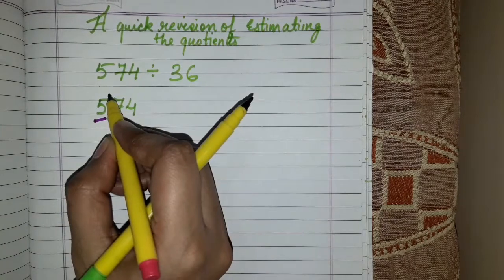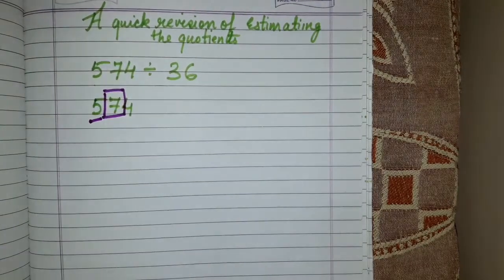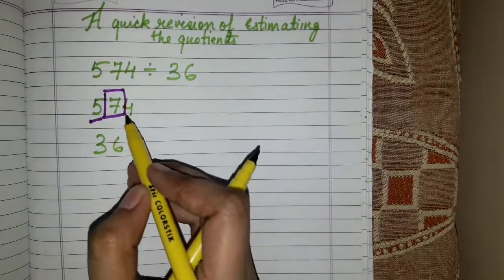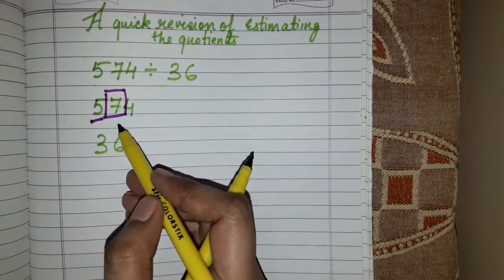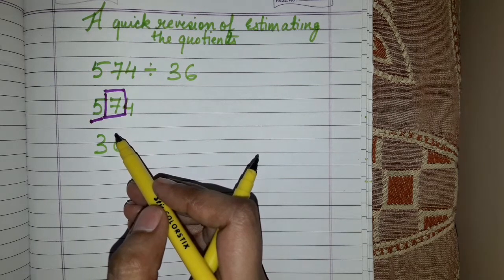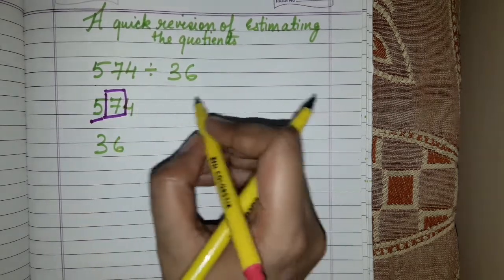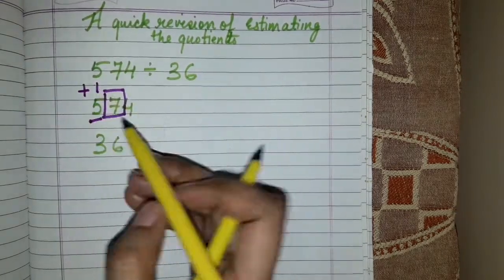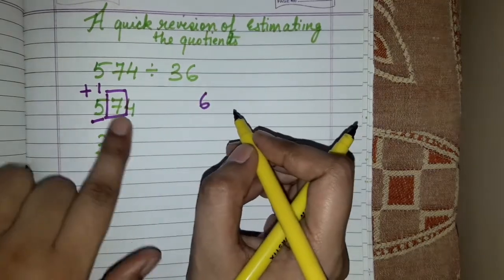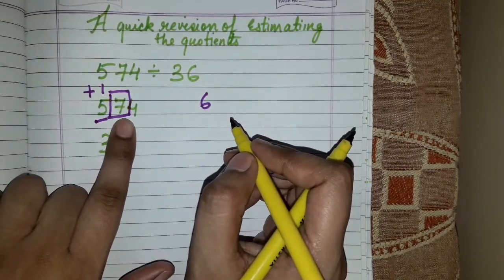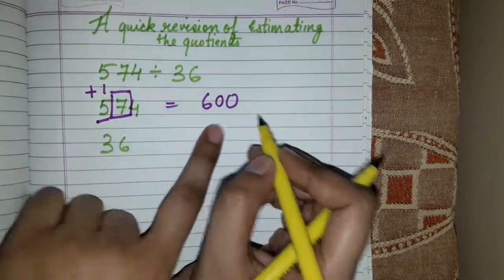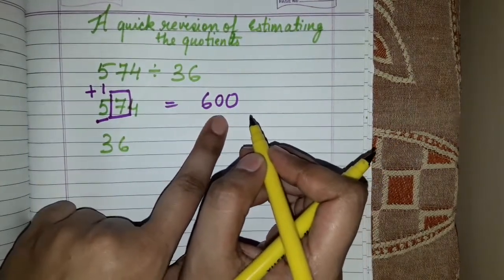Now let's round off this number to this place value. So we are going to see the digit which is on the right hand side. Let me write this number here as well. So we see that the digit on the right hand side is 7. Now this is more than 5. So what will happen? It will give plus 1 to the digit on the place value. So 5 will become 6, and this digit and all the digits after this limit all become 0, 0. Now this is the new number. This is the estimated number.